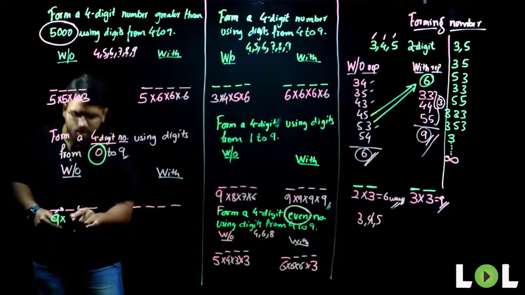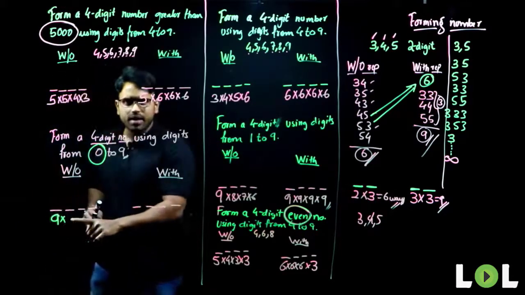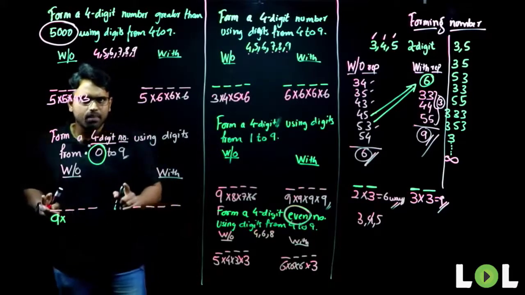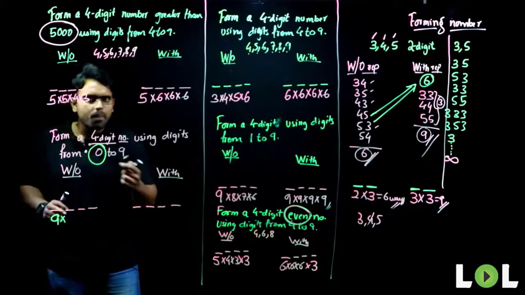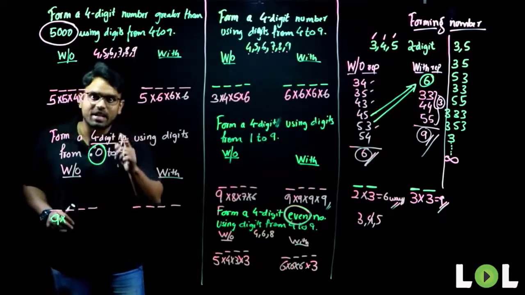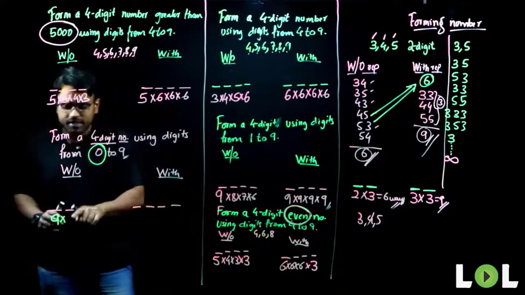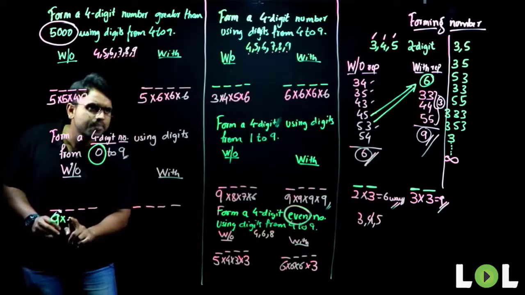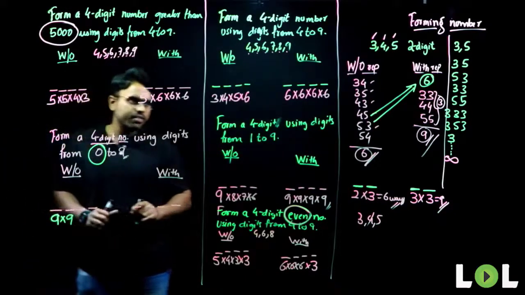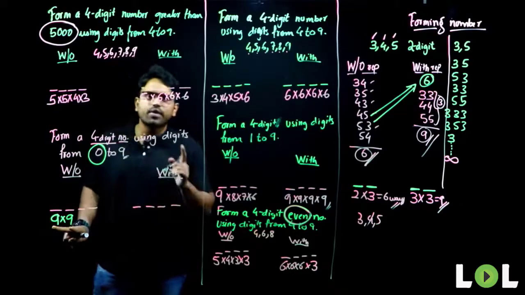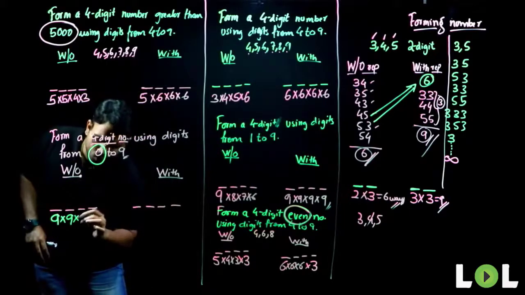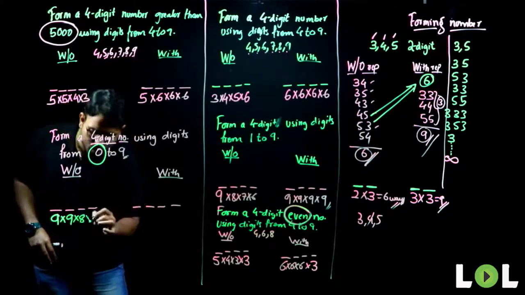But come here now. Coming to the hundreds place. I might have used up one number among the 10 numbers available. But I have a 0 back now. Why? Because even if I use a 0 here, it will still be a 4-digit number. So how many different ways can I fill the hundreds place in? I can fill it in 9 different ways. So I've used up 2 numbers out of a total of 10 numbers now. How many numbers will I be left with? 8 numbers. Now I've used up 3, so I'll be left with